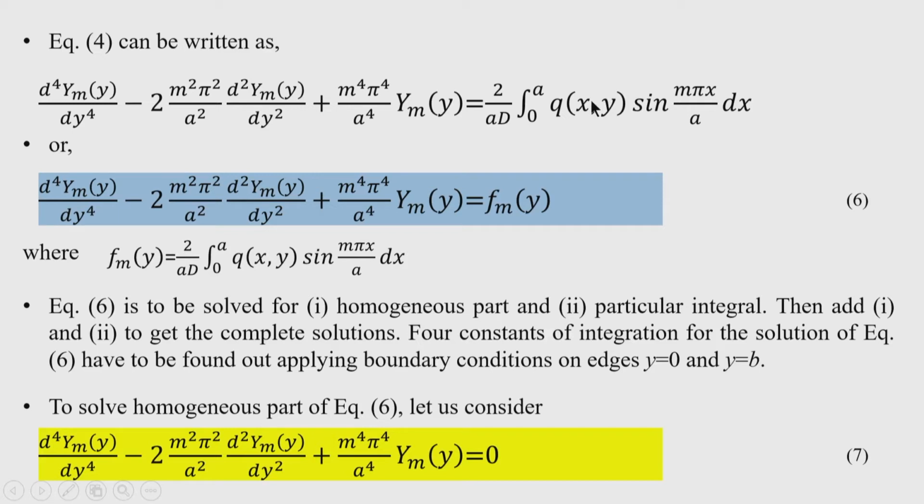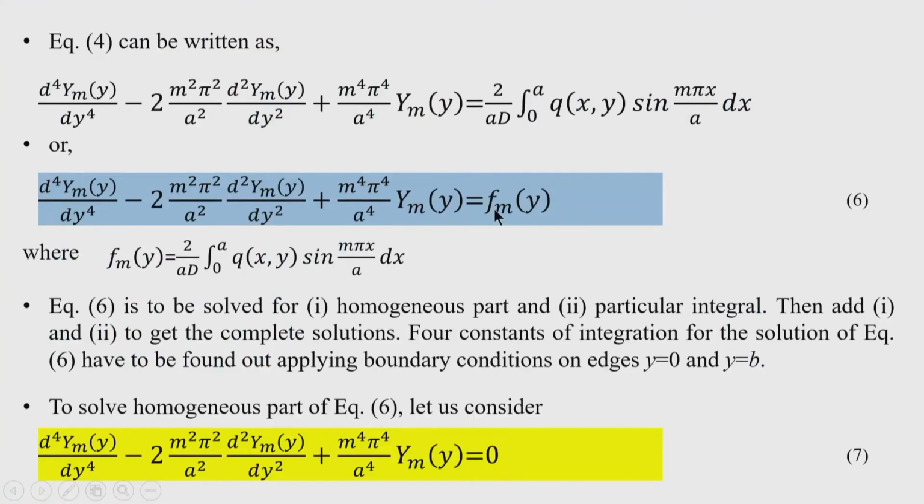This may be any form. It may be a uniformly distributed load, it may be a partially distributed load, it may be, say, a hydrostatic load that is uniformly varying in a linear manner, or it may be a load which is varying non-linearly. Any type of variation of load may be there in practical cases, and this is the general term for evaluating the load function that can be easily incorporated when q(x, y) has a continuous distribution.